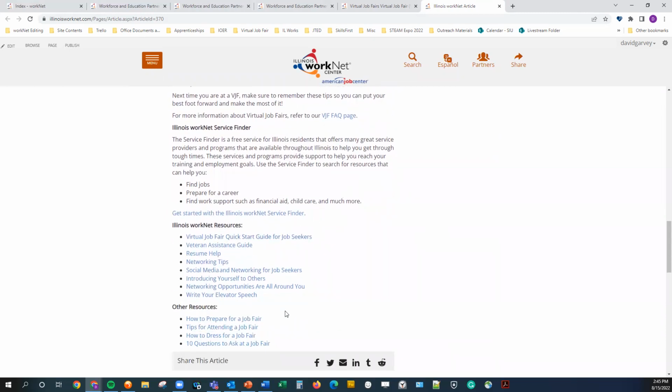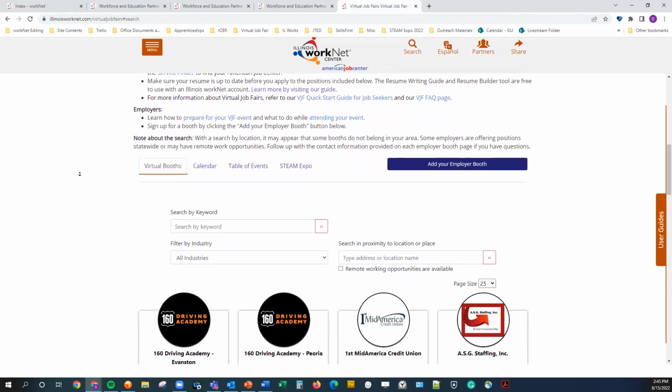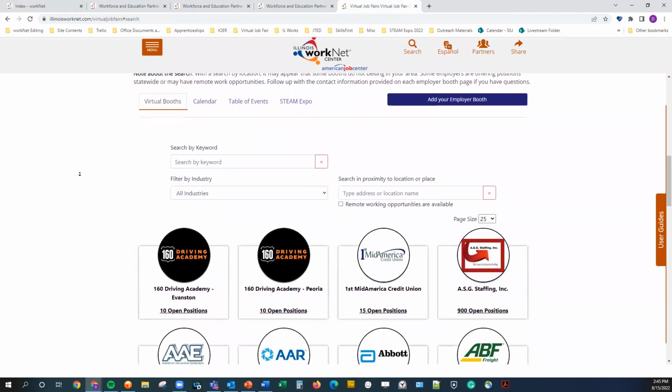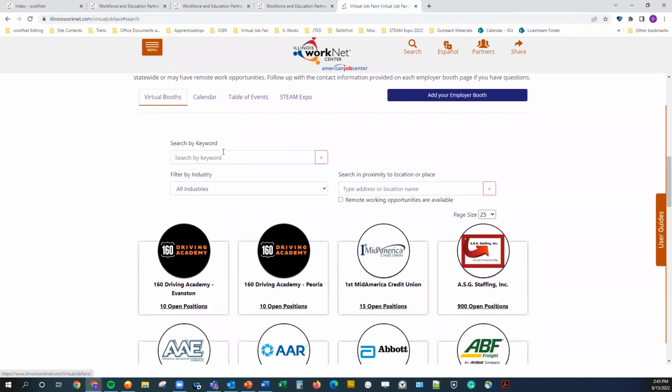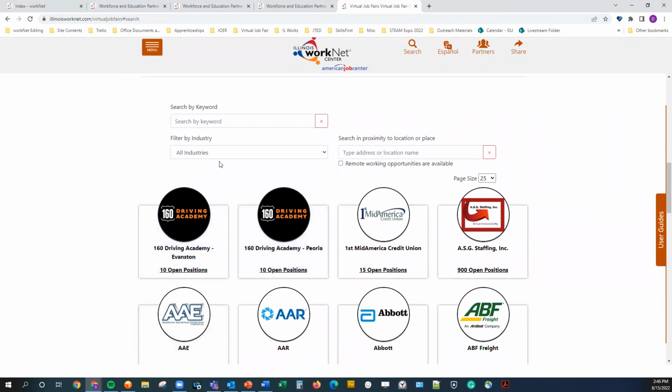And so we have that article here with additional resources. But the virtual job fair here, if we scroll down, this first page is the virtual booths, this first tab. We can search through the employer listings by keyword. We can select by industry. And we can also check for address or location name. We can enter in our address to see who's nearby. We also have a checkbox here to see which companies offer remote working